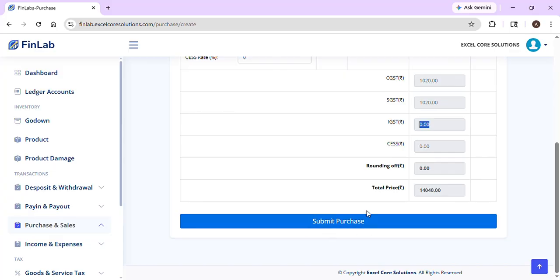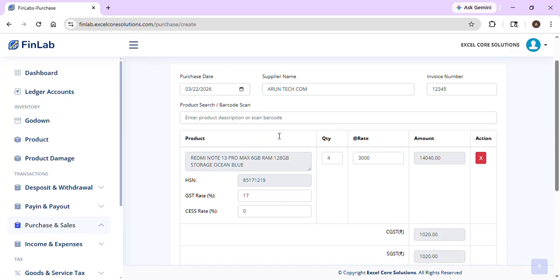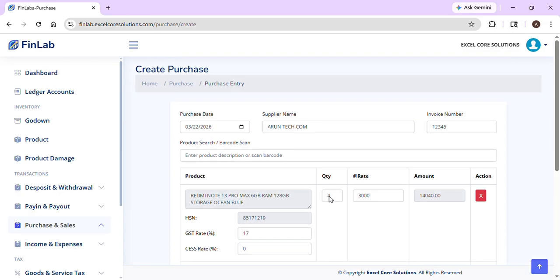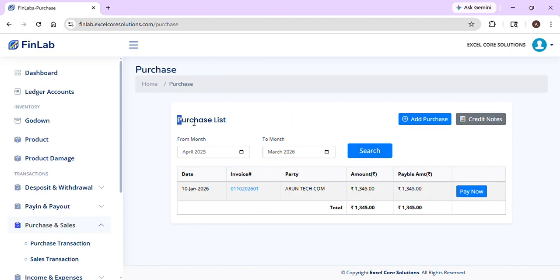After completing this purchase entry transaction, we have to hit the submit transaction button. Then automatically the transaction will be recorded and our purchase list page, that means the purchase transaction page, will come up over here. And if you want to see the detail of the respective transaction, I mean entry, we have to click on that